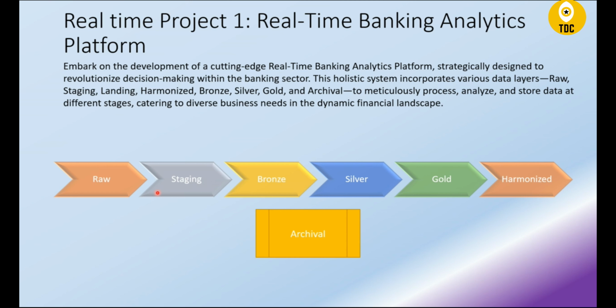And the staging layer processes the raw data and applies cleansing and basic data quality checks to ensure standardization and reliability of the data set. And next comes the bronze layer, where you perform some kind of advanced data refinement. The bronze layer addresses complex data quality issues, right? And enriches the data for advanced analytics and for preparing for the more complex level